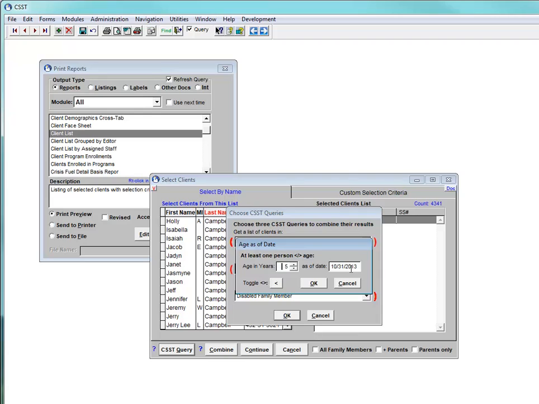And that is as of today's date by default. We'll leave that as is, but you could change that date to some other date if you wanted to. So their age as of a particular date. Say OK. And then it's going to run the second query, and in this one we want 65 as the